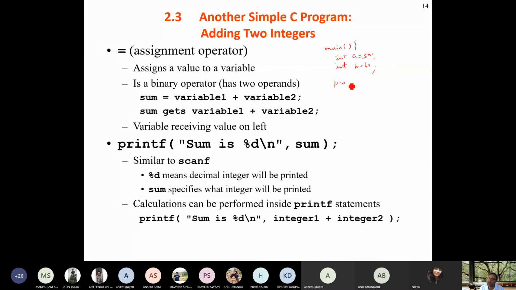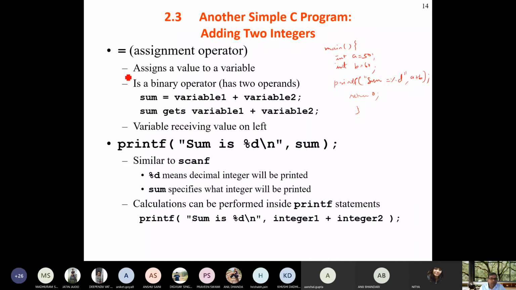If you want to print the sum of these two, printf sum equals %d, just write %d for printing, comma a plus b. There is no requirement of a scanf statement, and return 0. Yes or no? Yes, sir. Okay.